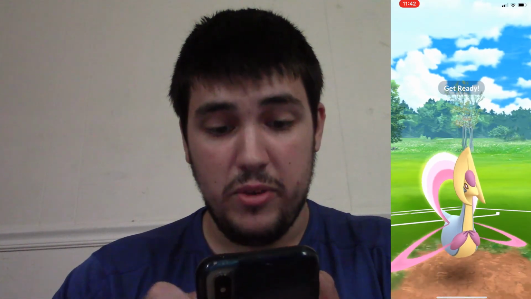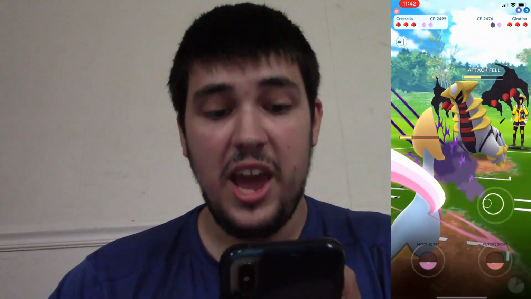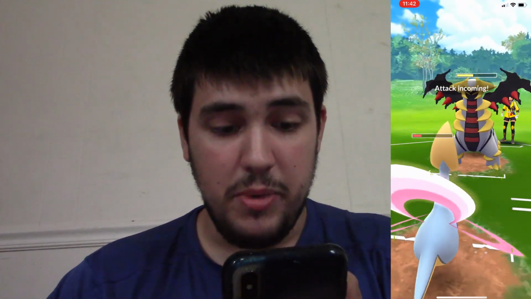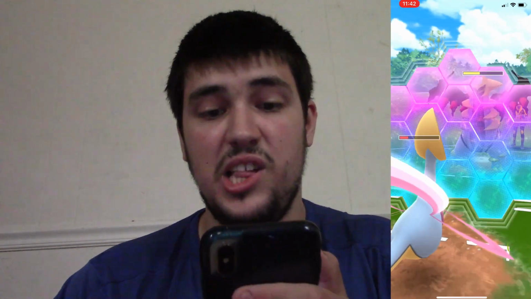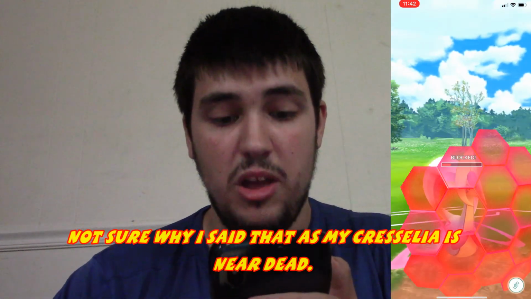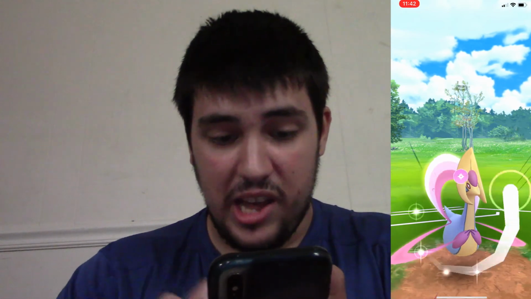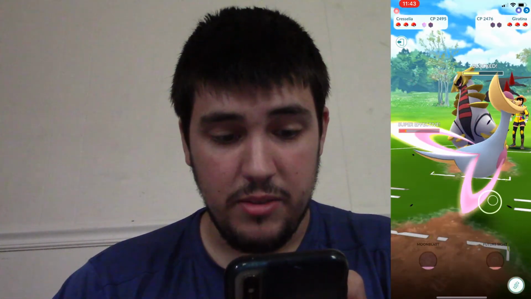We are now going to go for another Moonblast. They decided not to shield it, and we also got the attack debuff, which is perfect for us. But we do have another charged attack coming through. I want to try and keep my Cresselia as healthy as possible. I mean, obviously she's low right now, but here we go. We got another Moonblast ready. Alright, another Moonblast going through,